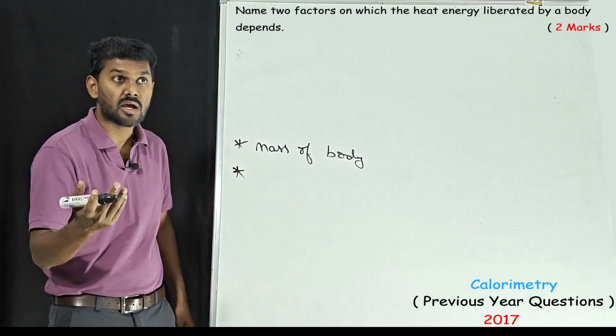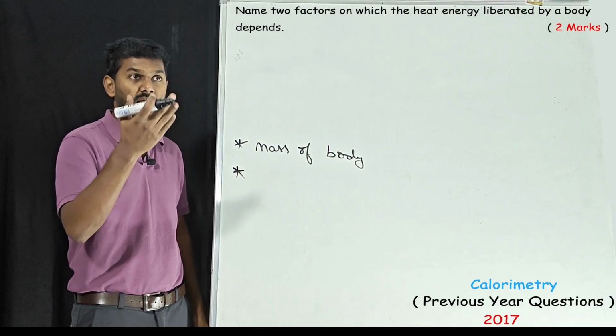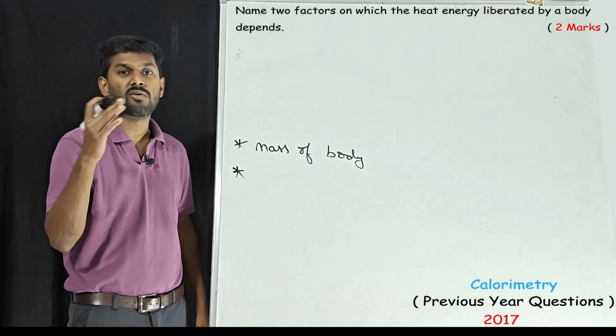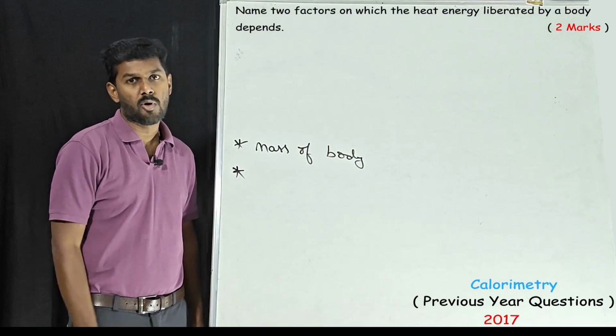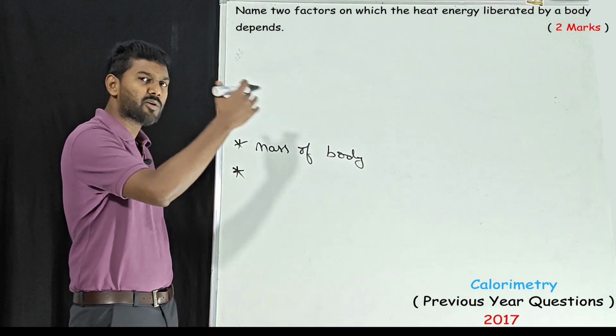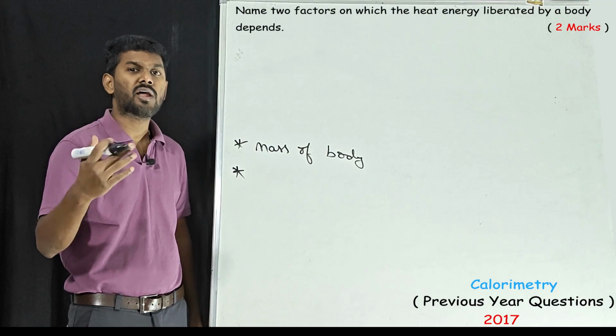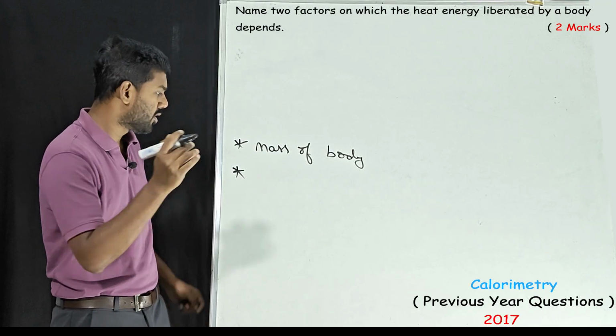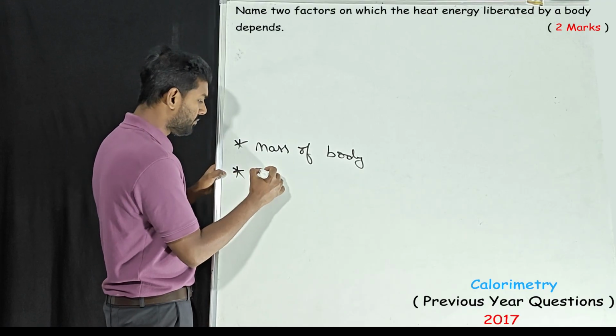But if they ask how the mass of the body is related to heat energy absorbed or liberated by a body, if that is the question, you have to write: more the mass, it absorbs or it liberates more heat energy. Then temperature